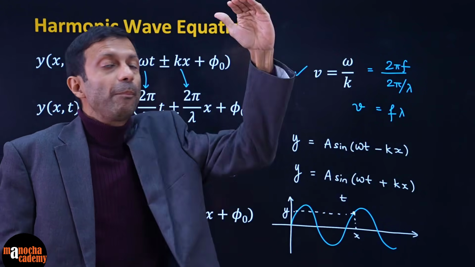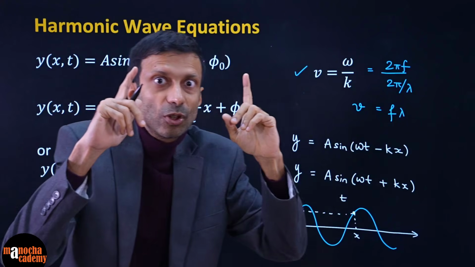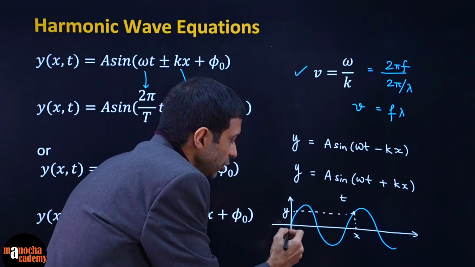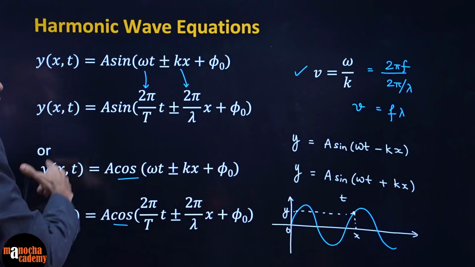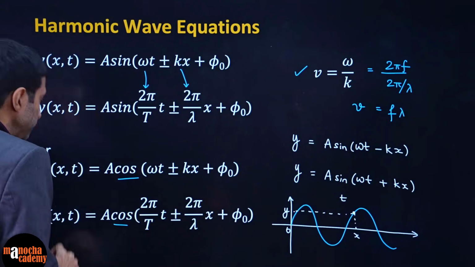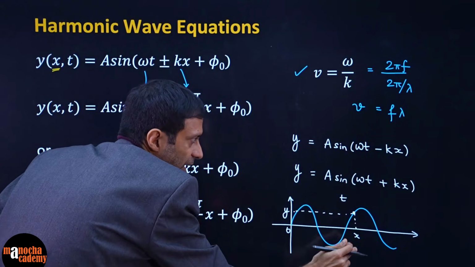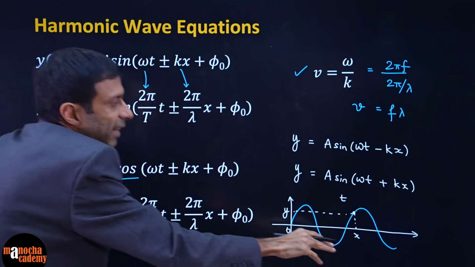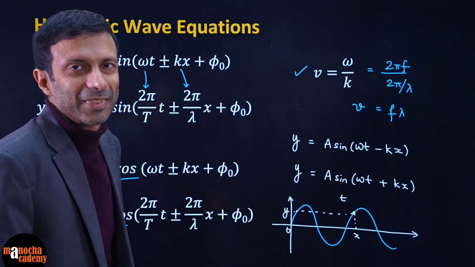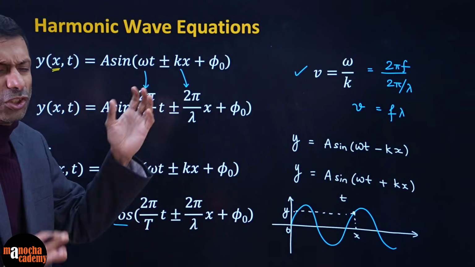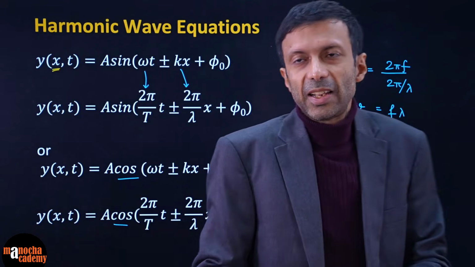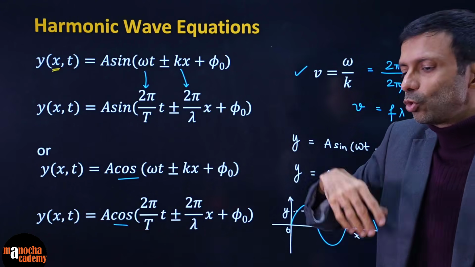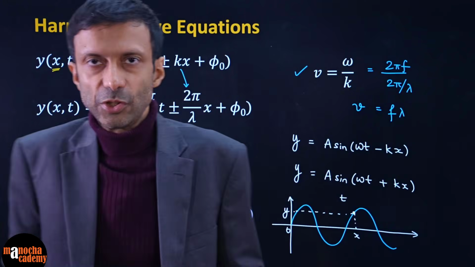The amplitude or displacement of the particle depends on the time at which you are taking the photograph and which particle, the distance from your origin over here. That is why y is a function of both x and t, the position of the particle x and the time at which you took the snapshot. When you plug in these values, you will get its displacement. Got it? So that is the meaning of this wave equation. It beautifully captures everything: the time parameter, the position parameter, and any initial phase, the starting point, the measurement point.